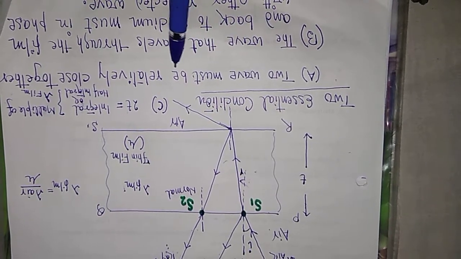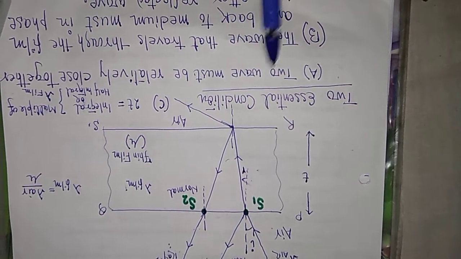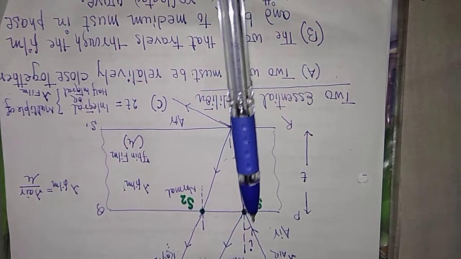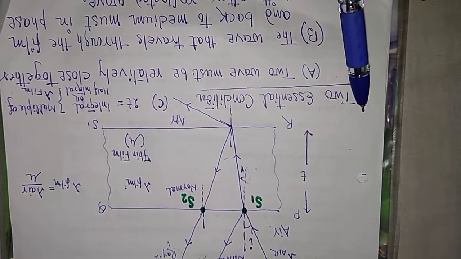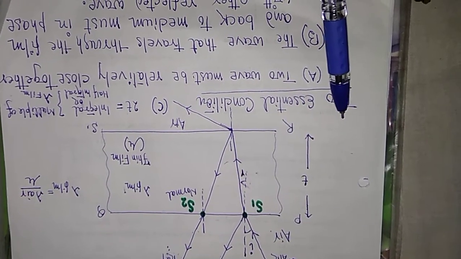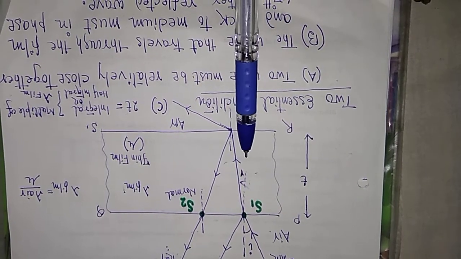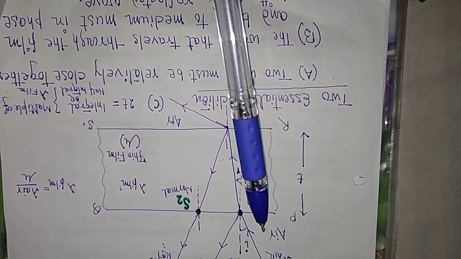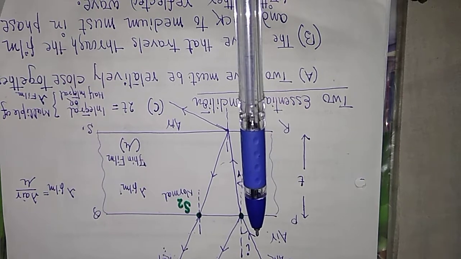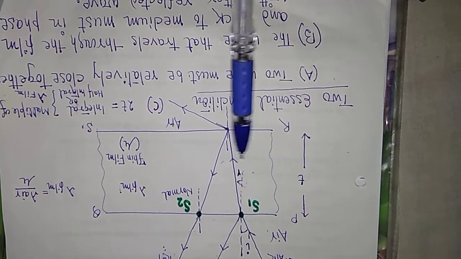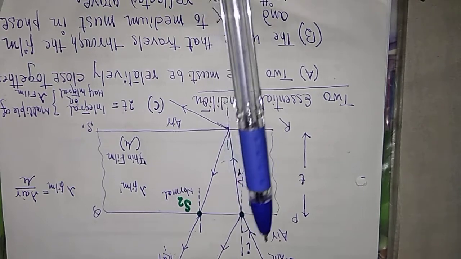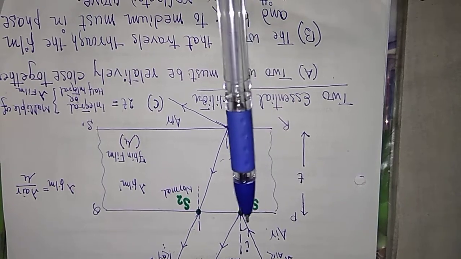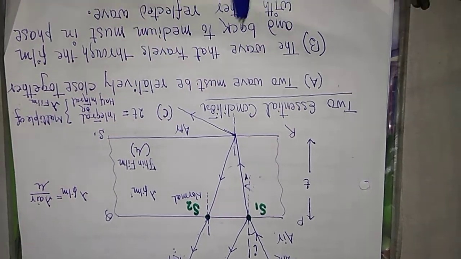So what is the solution of this condition? The solution is that i must be minimum. In the ideal condition i should be 0. If i is equal to 0, r is equal to 0. So in order to bring ray 1 and ray 2 closer, we should decrease i. If we decrease i, r will decrease, and these two rays will come close enough to each other. In the ideal condition i should be 0. So this is one condition.